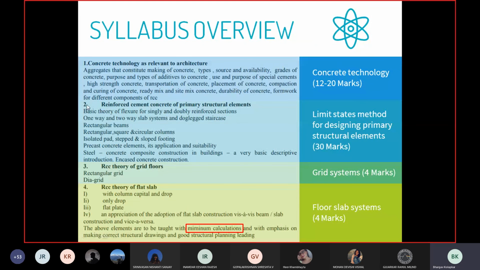So we have spent a lot of time on number 2. Then we have finished topic number 3 also, rectangular and two-way grid. We have finished the theory of flat slabs with column capital, drop panel, flat plate, and so on. A few topics that are left are precast concrete elements, their applications and suitability. So we'll spend some time on this in the next lecture, and perhaps wind up topics number 2, 3, and 4. Neeraj has covered topic number 1, and